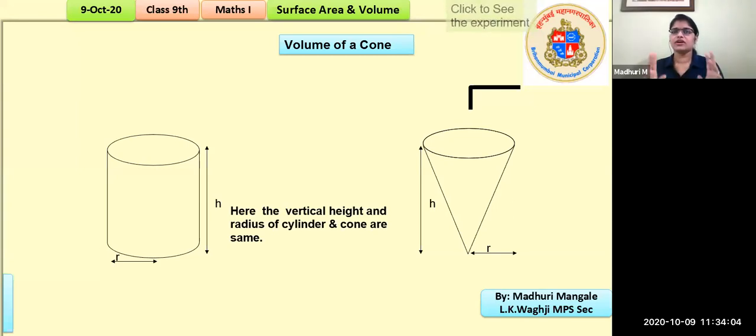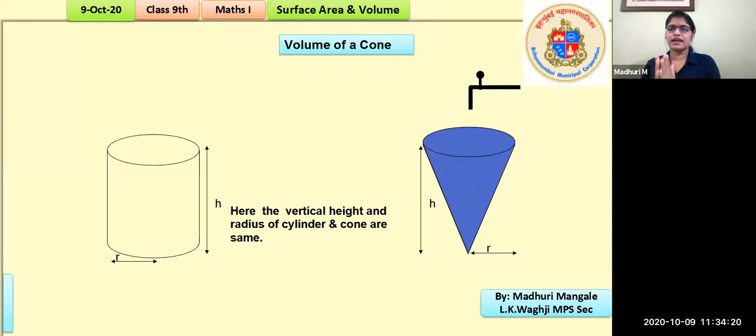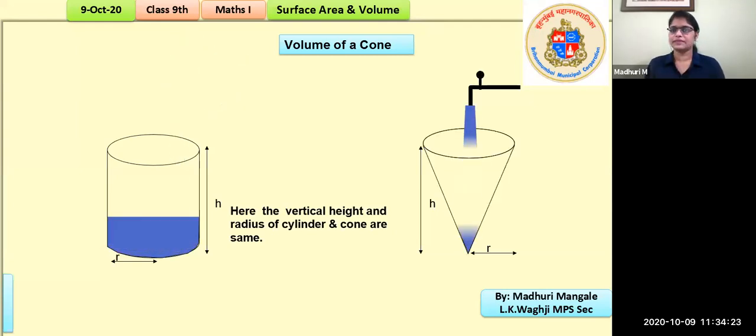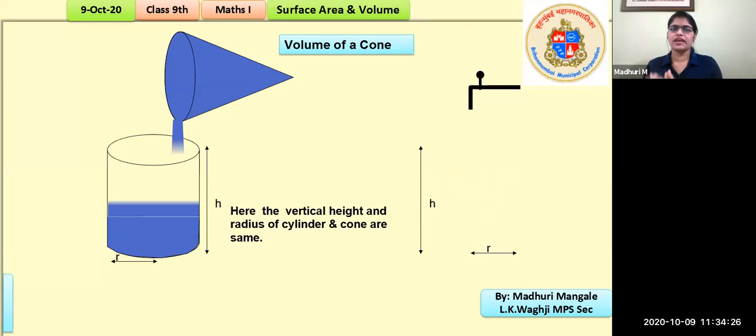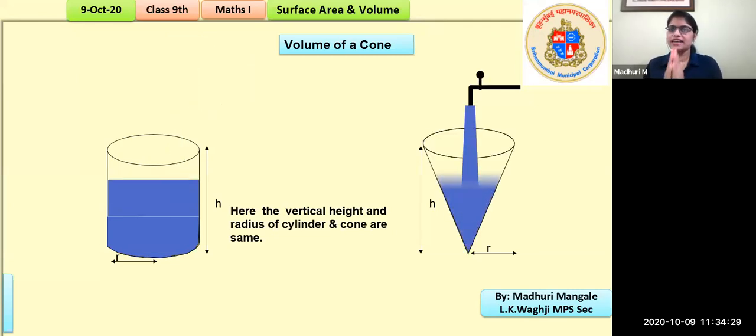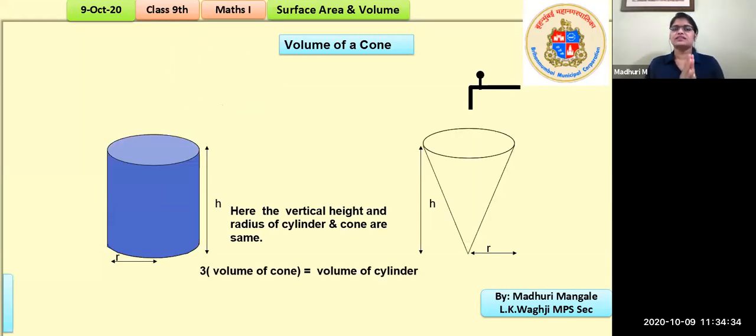With these two apparatus, a cylinder and a cone, we are going to conduct an experiment to check the relationship between the volume of a cone and the volume of a cylinder. Okay, so let's get started. Observe it carefully. We are filling the cone and then pouring it into the cylinder. We did it once and now we have done it twice, and again we are still able to put some more liquid in it, and there you see that 3 times the volume of a cone is the volume of the cylinder, right? And that is how we derive the formula.